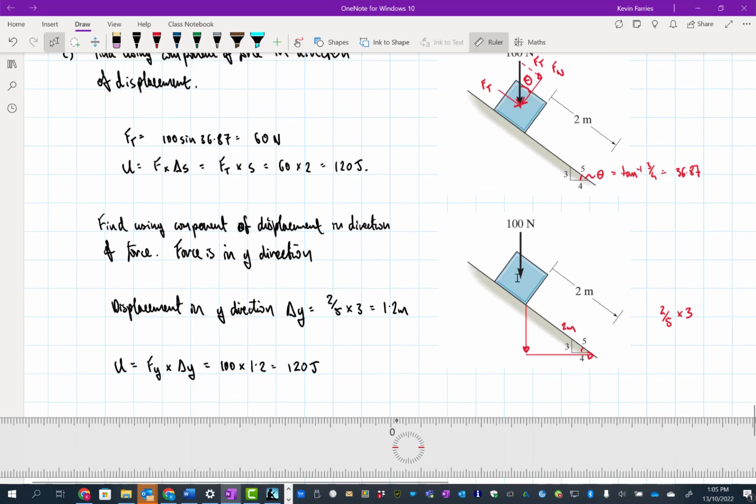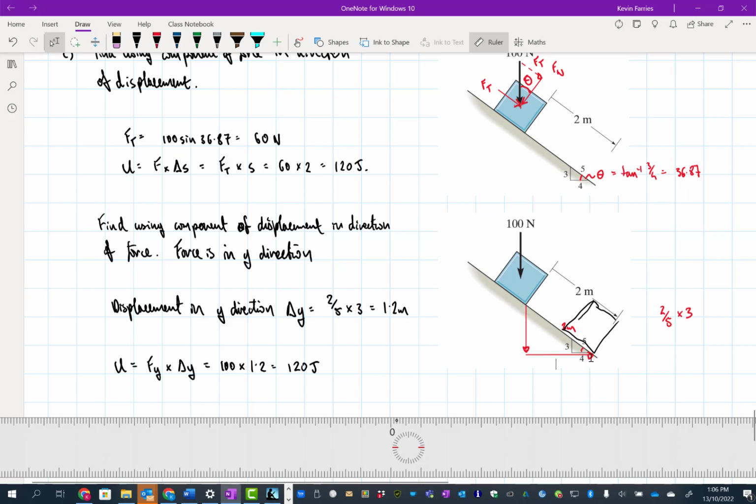Okay, so in this one, it probably makes more sense to try and find out, look, we're talking about gravity here, and so we want the y displacement of the block. So when the block moves from here down to here, essentially this block is going to end up here. That'll have moved 2 meters. So this point here has moved 2 meters, so the block has moved 2 meters. So when the block's moved that distance, it's going to have dropped by this value, the component of the displacement